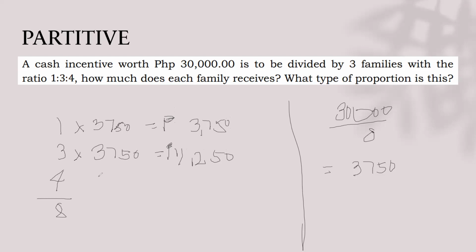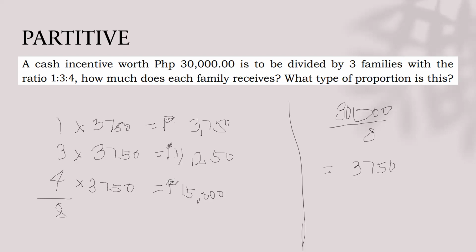Paano kaya sa pang-apat? Magkano kaya? 15,000. That is 4 times 3,750. So that's correct. That's 15,000 pesos. Right. So ganyan ang paghahati-hati ng pera, which is the 30,000, based sa partitative